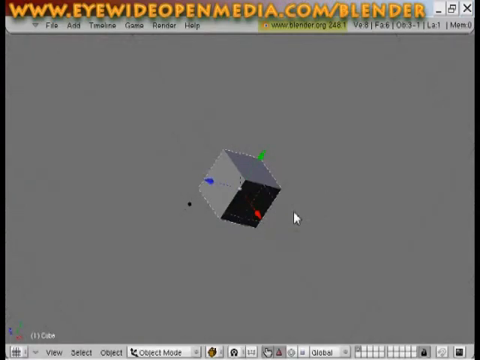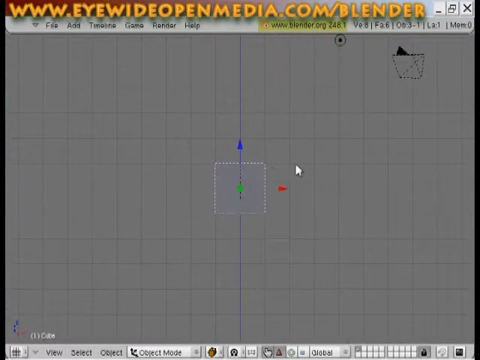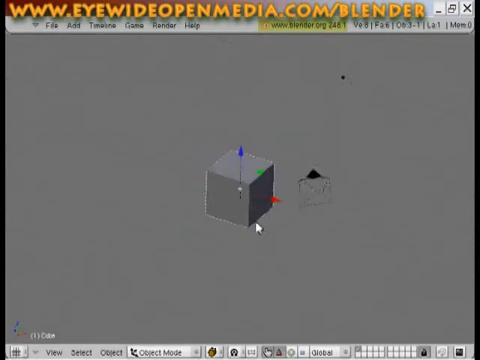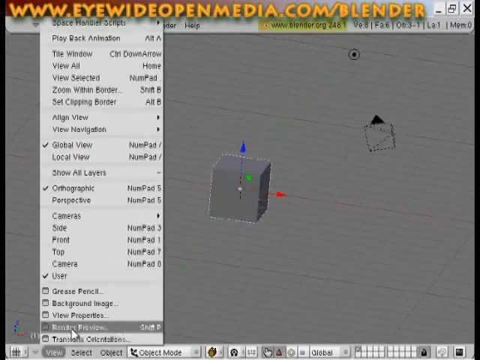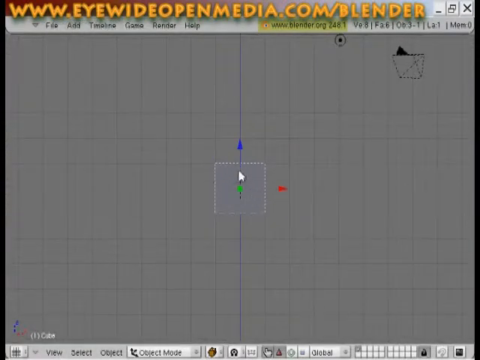Now we're going to talk about scaling. We're going to go to View, Front. Now we have a cube. I'm using my middle mouse button to kind of move this around a little bit. I'm going to go back into Front View, View, Front. Let's say I want to make this kind of into a coffin-like shape. Well, I hit the S